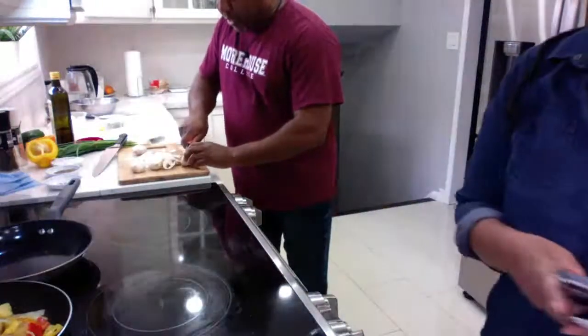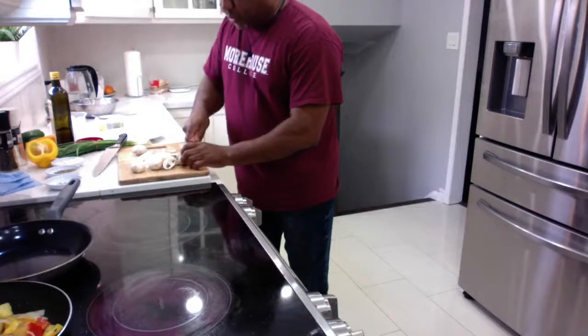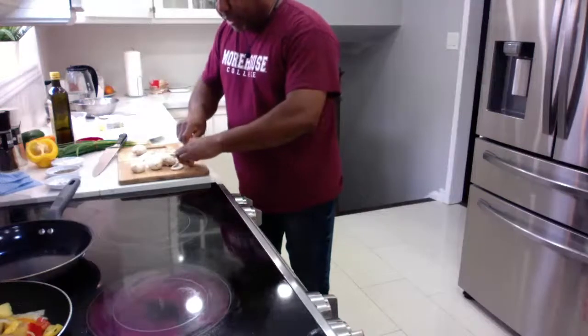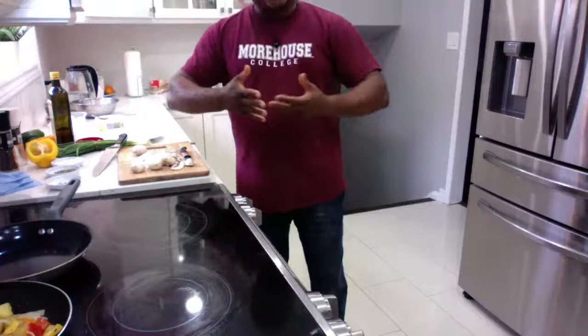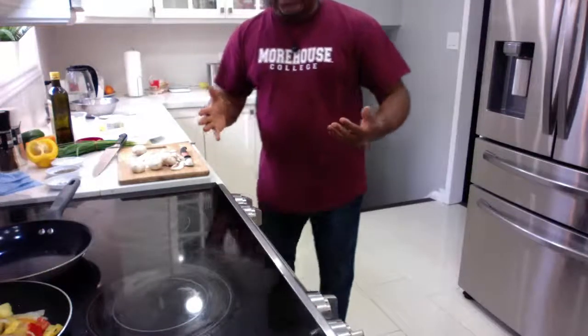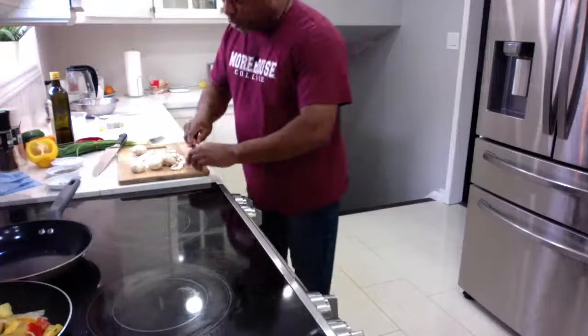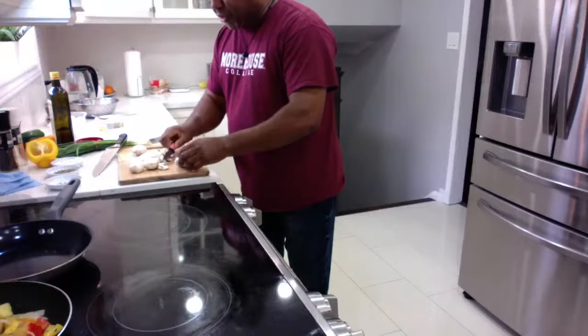As a matter of fact, Lauren had cooked them yesterday for dinner, and those are the leftovers. I just kind of pluck them out of the fridge. Like I said, when I go to the refrigerator looking for breakfast items, I just look in there for whatever there is, and I just create something from whatever I see. So you don't have to go out and buy anything special. All you got to do is just look, see what ingredients you've got,